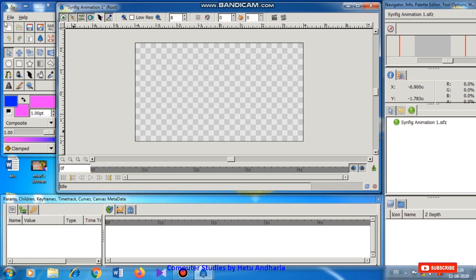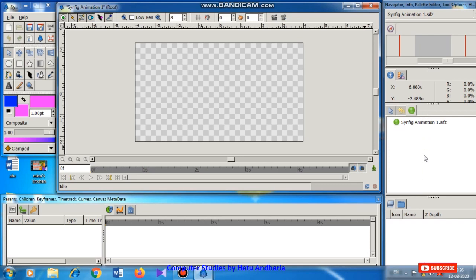Now from this toolbox I begin with a simple thing, that is these many tools. First I will teach you what these tools are. So the first tool is circle. Now when I use any tool, its effect will be seen here.